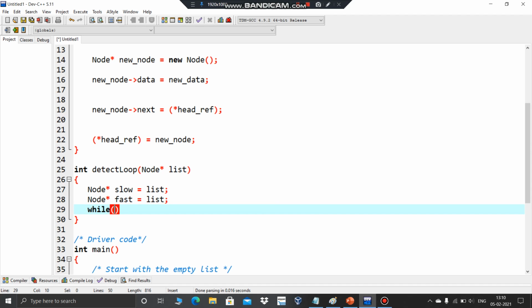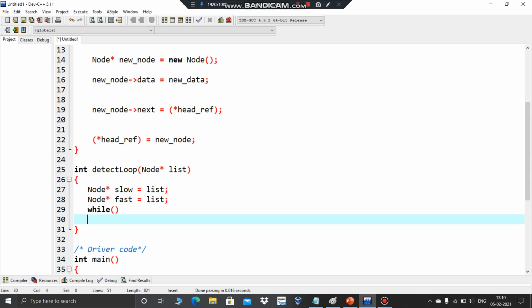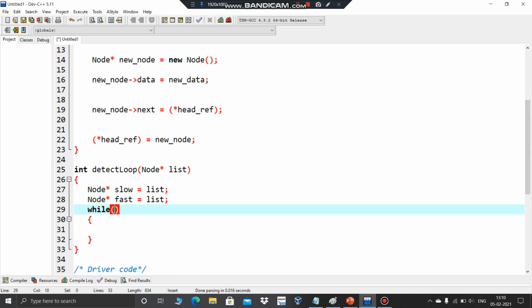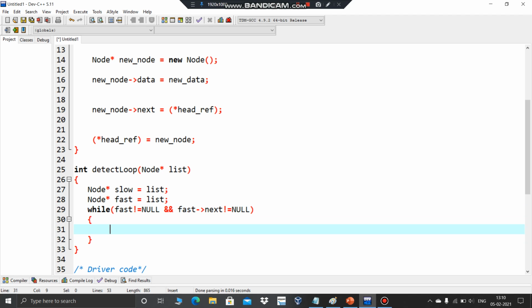Now I will be going in iteration, where I'll be saying fast not equal to null, and fast star next not equal to null. Why did I use fast star next? I'll be telling you in a minute, right? As I said, slow pointer has to move at each step.